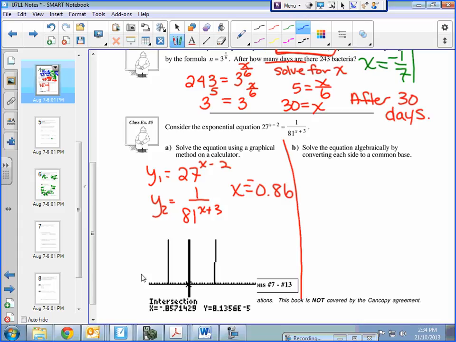You know that 27 is equal to 3 cubed. You should get familiar with this one. And 81 is 3 to the 4. So I can rewrite both of those with a base of 3, okay? Sometimes you have to change both of them, so you have to see which one will work. So 27 is 3 cubed, so I can write 3 cubed, I still have x minus 2, equal to,